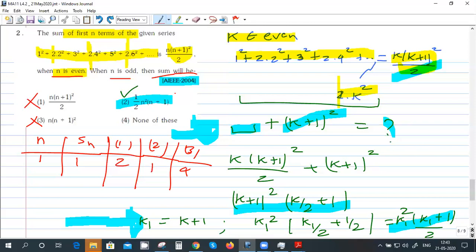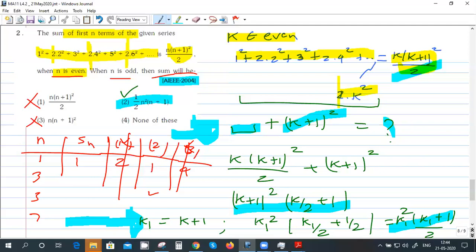You cannot do it by this method alone, because option 2 might be valid for 1, 2, 3, 4, 5 and might fail at 6. So we have to check only for odd n: 1, 3, 5. You can rule out options 1 and 3 and don't have to check them anymore. But option 2 might work until 5 and fail at 7. Strictly, this sort of thing will not work here because we have the option of none of these.